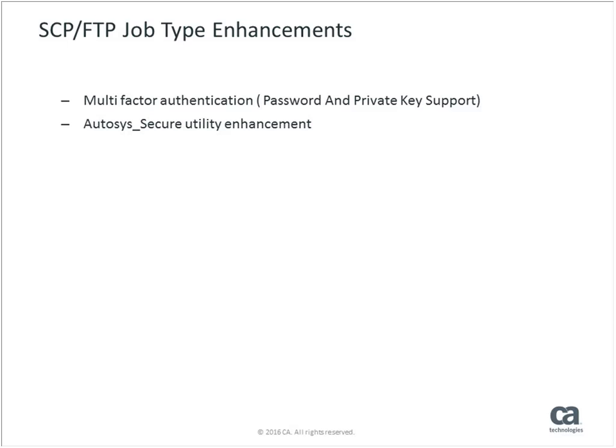So to accommodate more than one authentication to be supported for a given user, we had to modify Autosys secure utility. Earlier it was allowing only one type of credential against a user. So this has now been modified to allow more than one type of credentials to be specified against the user. So now you can give a password for the user, and you can as well provide a private key for the same